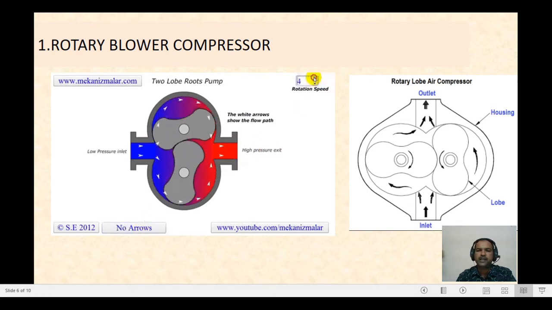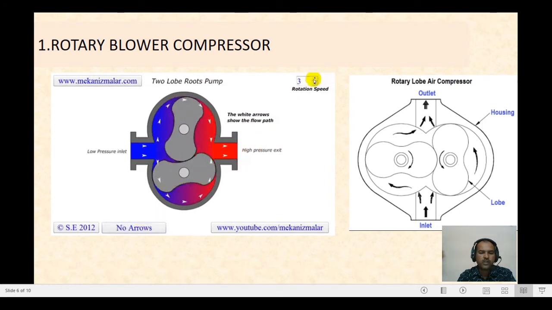So it consists of two rotors, and you can say the lobe type compressor is the simplest type of rotary compressor. No complicated elements are provided in a lobe type air compressor. It consists of two rotors, and these two rotors are connected to parallel shafts, placed inside the housing. The rotors are driven by the shafts, or you can say the timing gear, and these rotors have 2 lobes or 3 lobes on them, and these lobes are meshed with each other.